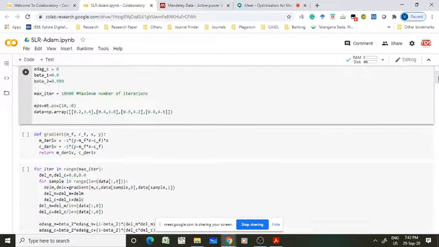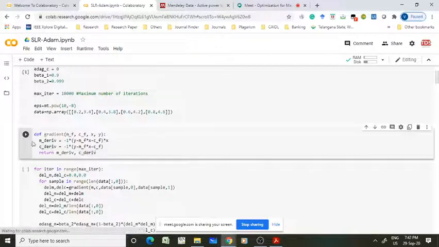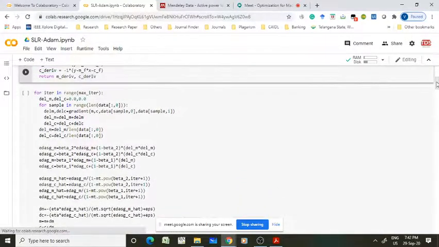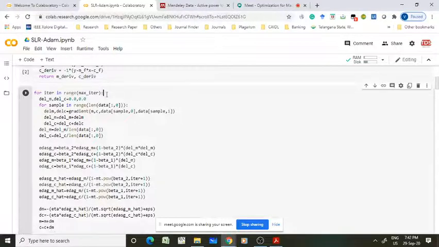So after initializing, next we have to calculate the gradient function. After that, you have to execute the iterative algorithm. In the iterative algorithm, we run up to the maximum number of iterations, setting iter equal to 1, and here I am calculating the gradient function. Does this come under batch or stochastic? Batch, sir. Yes, it comes under batch. So I am taking all the samples as a single batch.